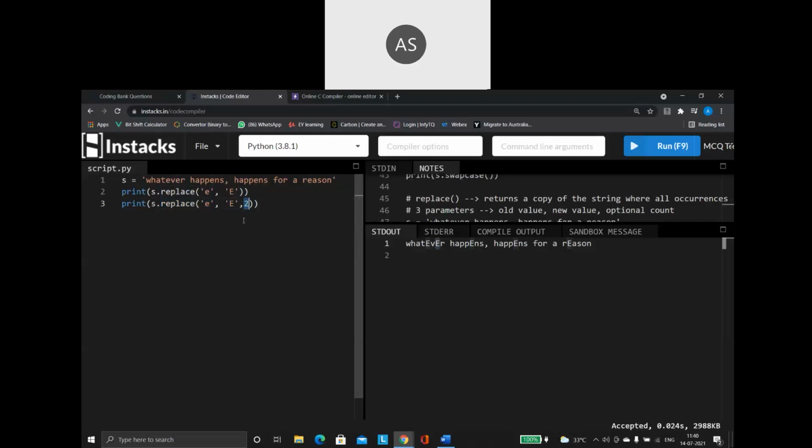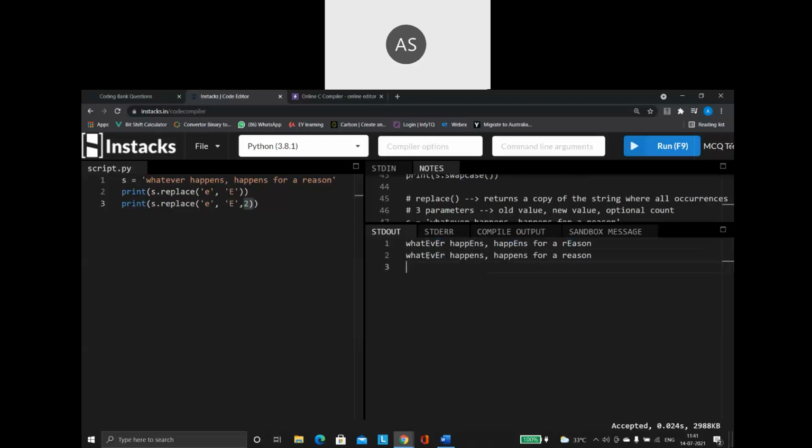Number of replacements means, E can occur here multiple times. I want to do the change only for the first 2 E's. Not more than that. Run this code. You can see the difference. Here, all the E's, wherever I have 1 time, 2 times, 3 times, 4 times, 5 times, every E is getting replaced with the capital format.